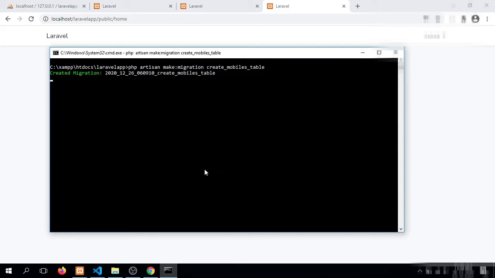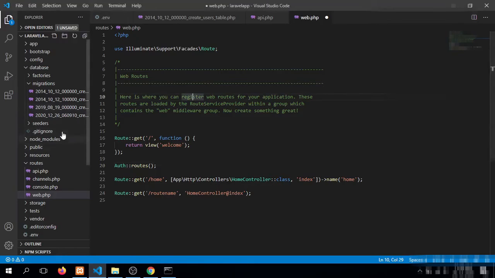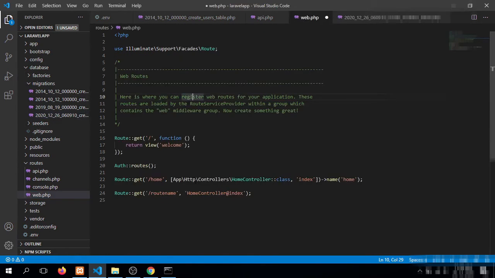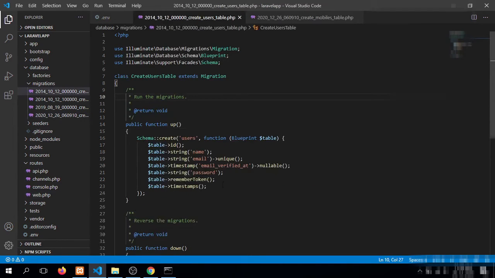This command will create a mobile schema. You can see that this is a schema of our mobile.